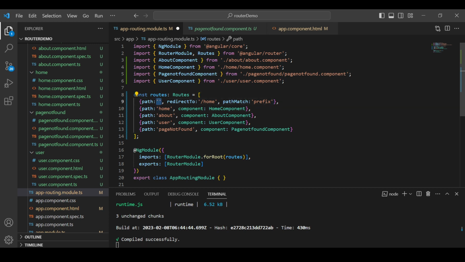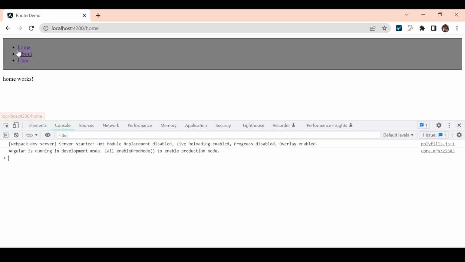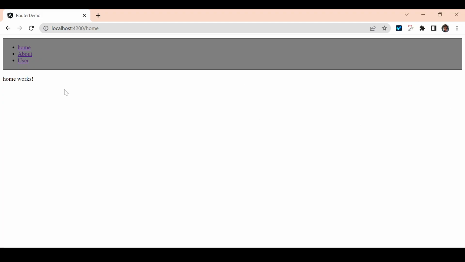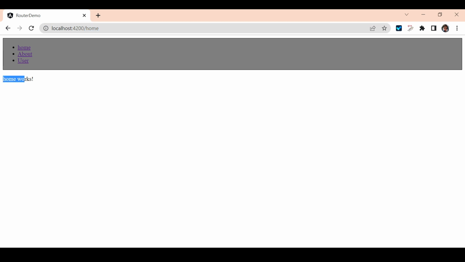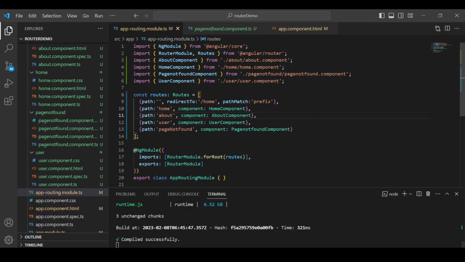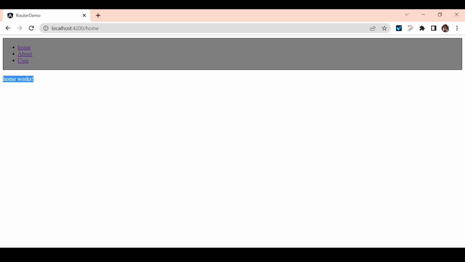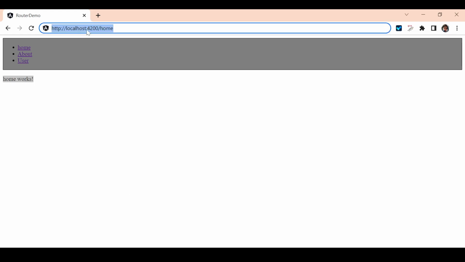Okay, I will explain how prefix will work. Then it will automatically start working. So for now, if we save here and we go, you can see it is working. But do you know what the problem is? Even an empty path got redirected to home. Even if we remove this and then hit enter, you can see it is automatically getting redirected to home. And the home component is getting rendered because of this configuration. So it is getting redirected to home even when we are trying to access the base URL, that is till